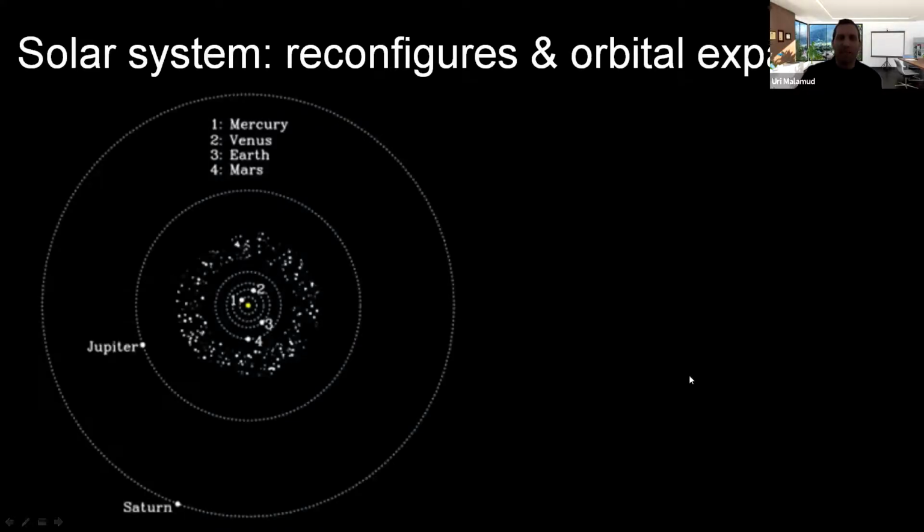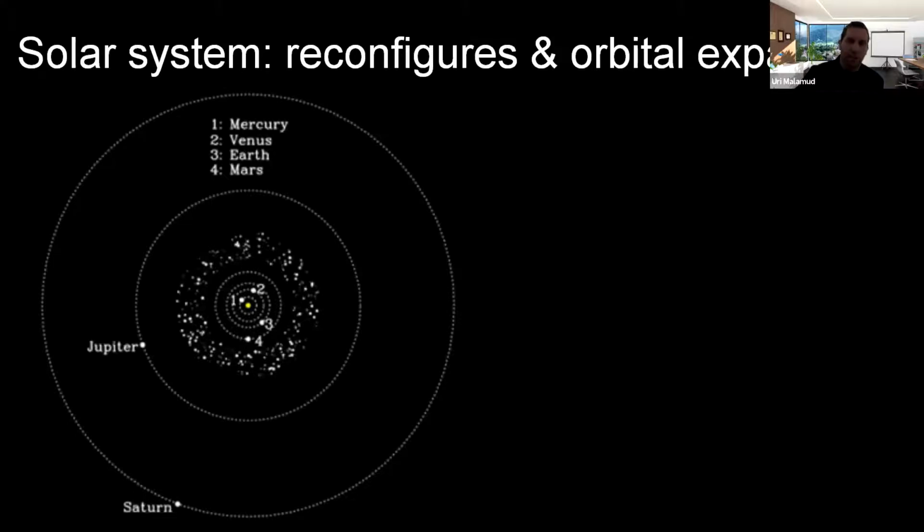Now enough with the funny cartoons. Let's talk schematics. This is a schematic of the solar system. What we see here is the inner part of the solar system, what we call the terrestrial planets or the rocky planets, and the asteroid belt and the orbits of Jupiter and Saturn further out. Now in the middle, we have, of course, the sun. This is what we call a main sequence star, a star that fuses hydrogen in its core.